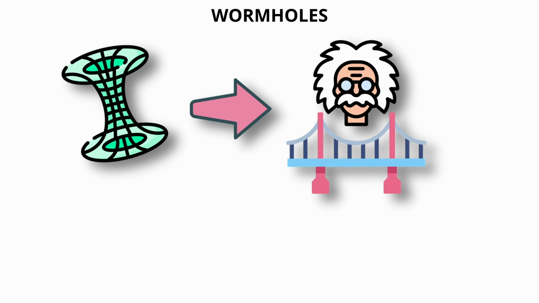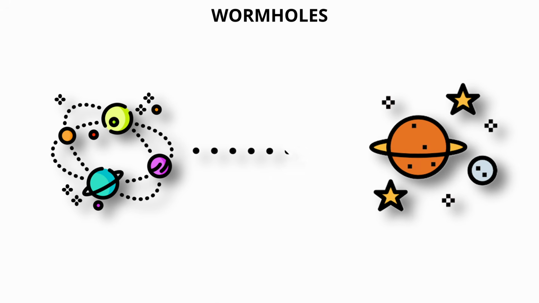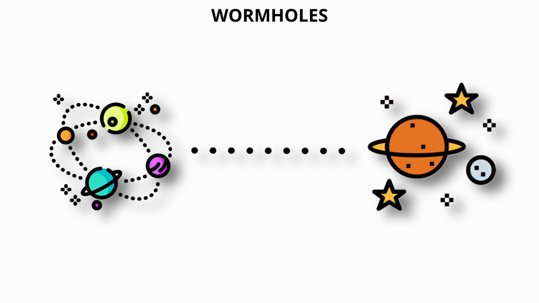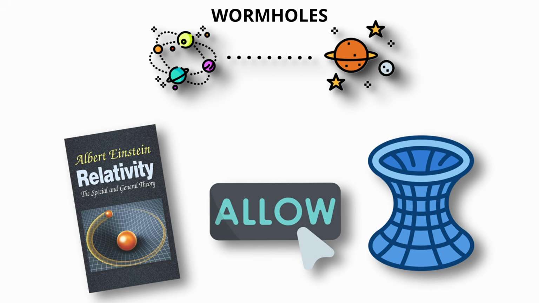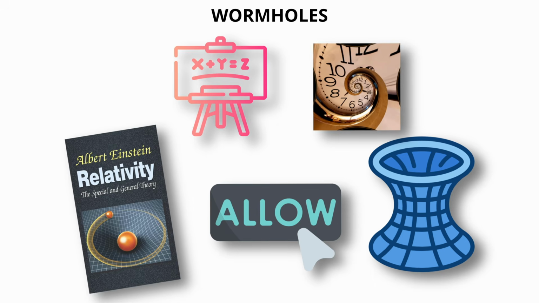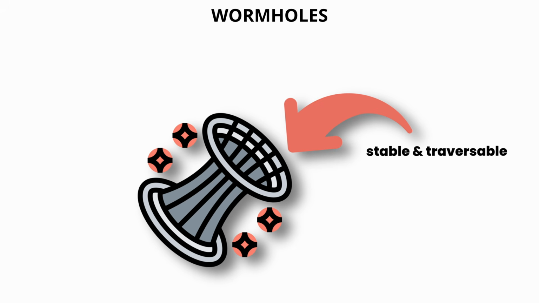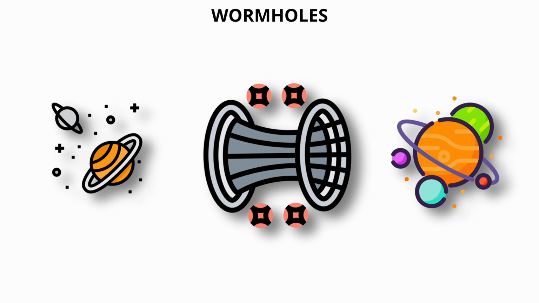Wormholes. A wormhole, also known as an Einstein-Rosen bridge, is a hypothetical tunnel-like structure connecting two separate points in spacetime. General relativity allows for the possibility of wormholes, as they emerge naturally from the equations describing how gravity bends spacetime. If a stable and traversable wormhole existed, it could theoretically connect not just distant regions of space, but different moments